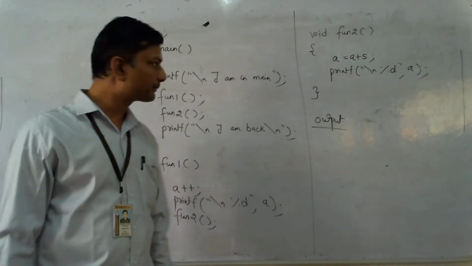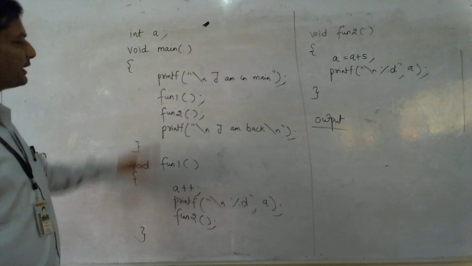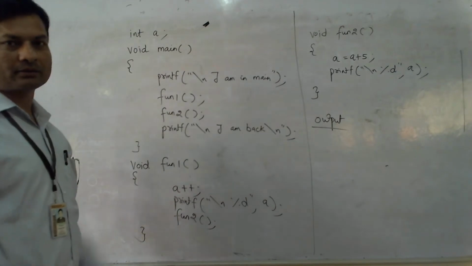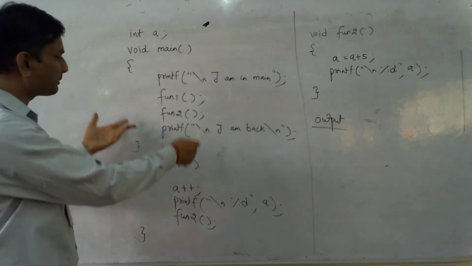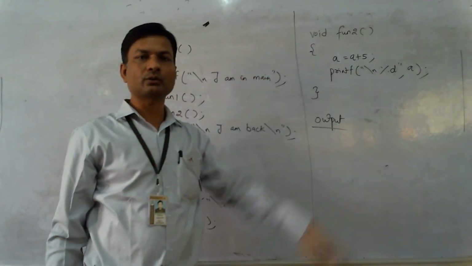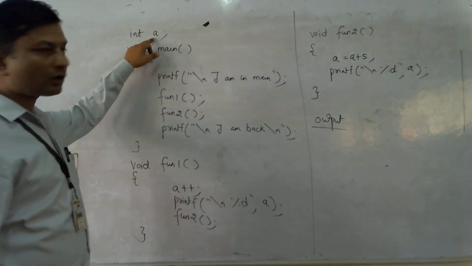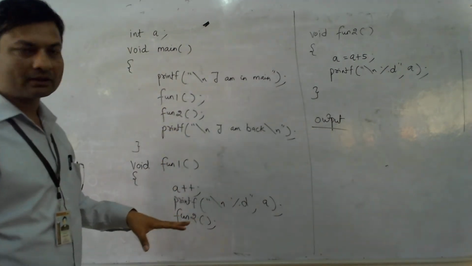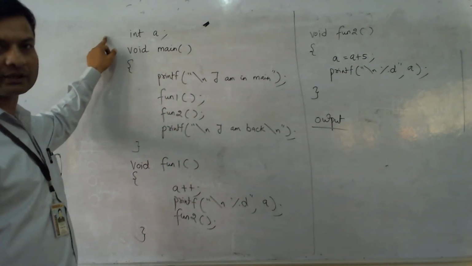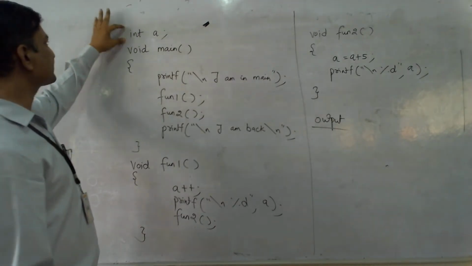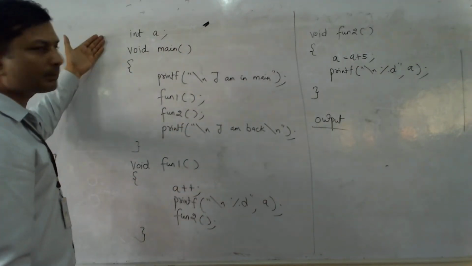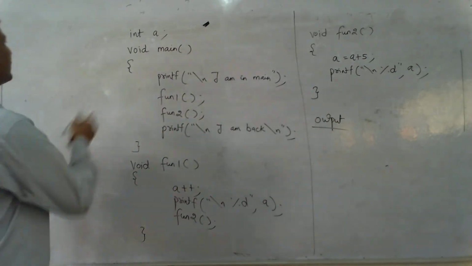the functionality of external storage class and the meaning of global scope will be clear. You can observe that in this program, variable a is declared outside any block. Means this variable is not declared inside any block, neither in main block, neither in fun1, neither in fun2. Because this variable is not declared inside any block, it by default belongs to external storage class. I have not mentioned the name of storage class over here, because this variable is not declared inside any of the blocks. That's why it by default belongs to external storage class. There is no need to write extern over here.